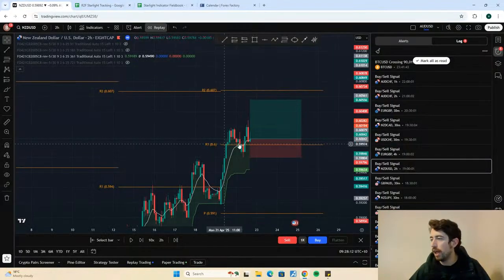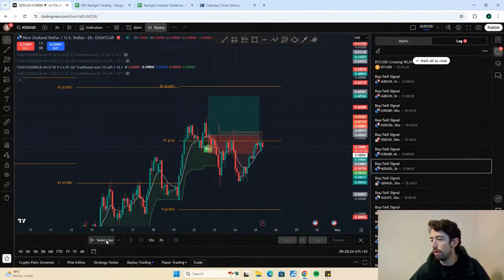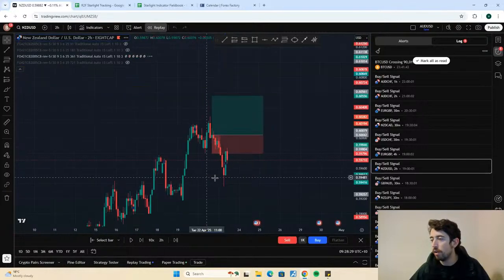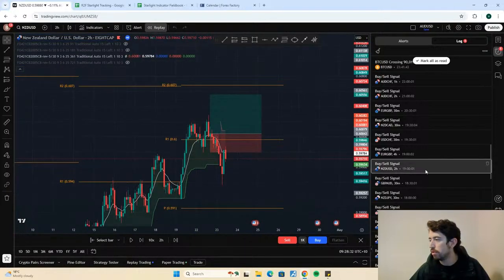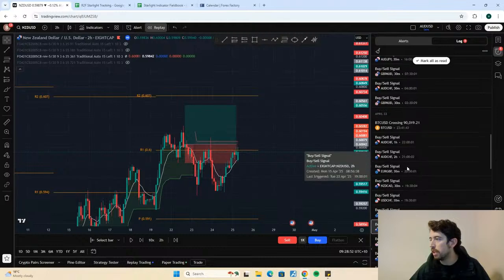So it would have been at, it must be the next candlestick. Give me a second. Come back. So here we go. The buy has disappeared. It comes up when, or am I just mental? So it would have come up at 1700. So it's just not showing for whatever reason. But we definitely did get it at that. It must just be replay mode for whatever reason. Yeah, it looks like replay mode is just messing this up, because you can see that